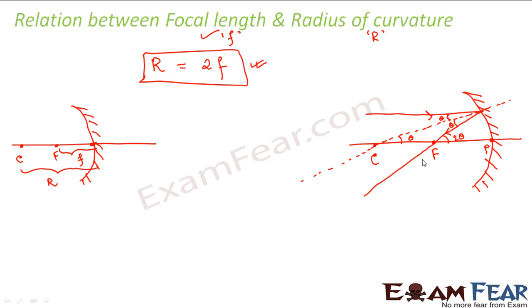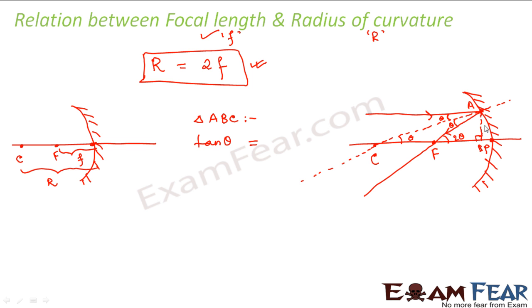So this should be equal to 2 theta, right? Now let us name these 2 points. Let me call this point A, and this point is already P. Let us suppose I draw a perpendicular here and call that B, just for my construction purpose. Now if you look at triangle ABC, from your trigonometry, you can say that tan theta is equal to perpendicular by base.